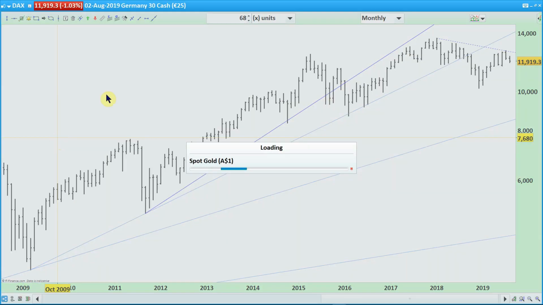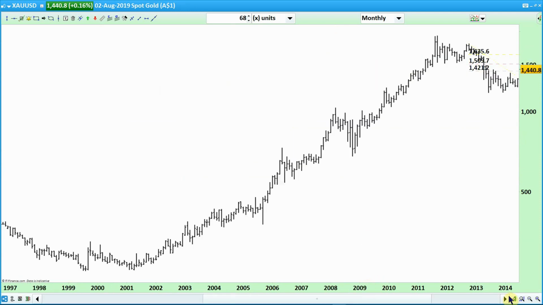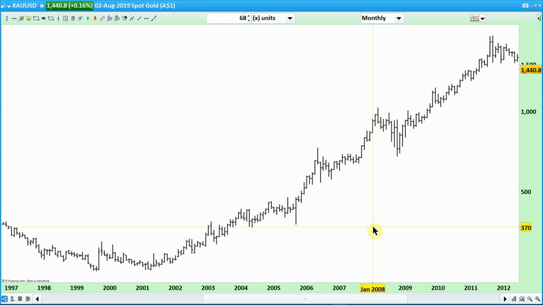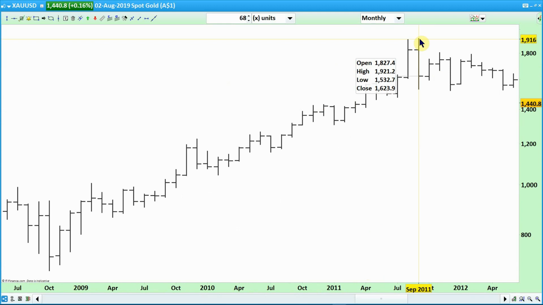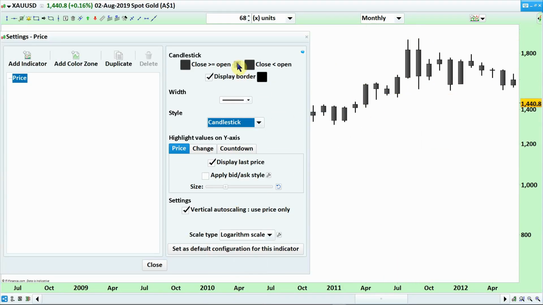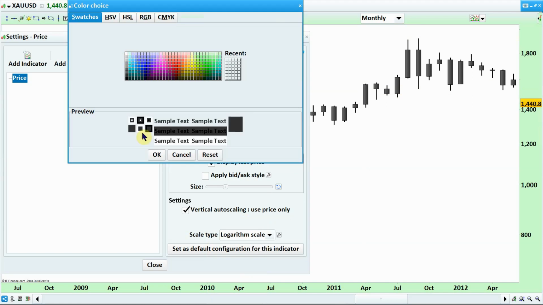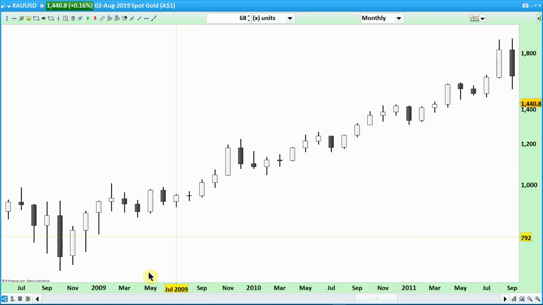For example, gold when it was coming down from September 2011, September 2011, it was 1916, and from that date, with a tremendous dark cloud cover in September 2018, tremendous dark cloud cover, as you can see here, tremendous dark cloud cover,